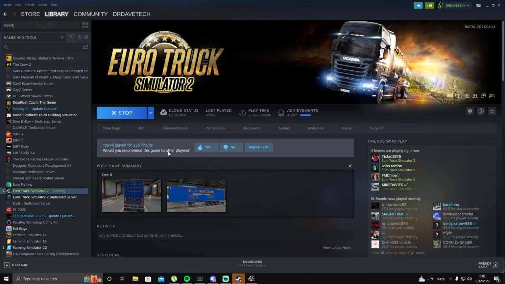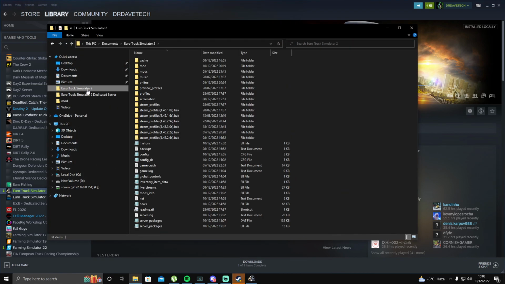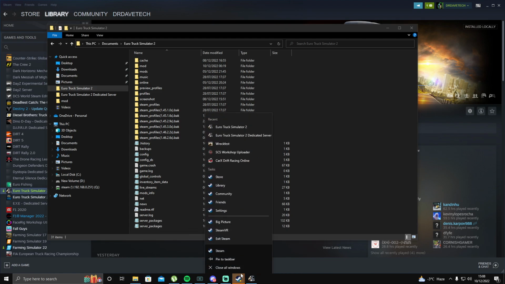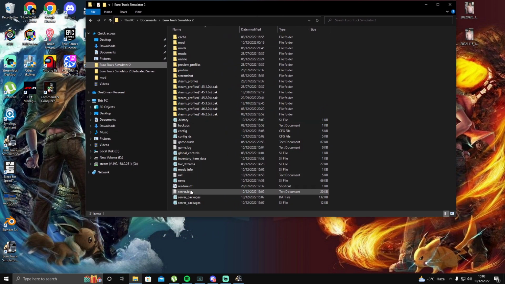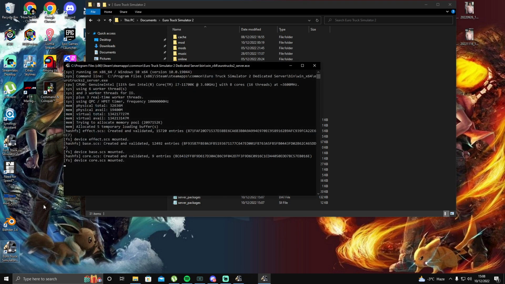So now we're going to Alt and Tab out, and now that we've Alt and Tabbed out, we will see inside our Euro Truck Simulator 2 folder we've got the server packages DAT file and server packages SII file. But one thing that we don't see is the server config.sii file. So we're going to need to go back to the Eurotruck server, which is mine's down the bottom corner here. So we're going to launch up the server,